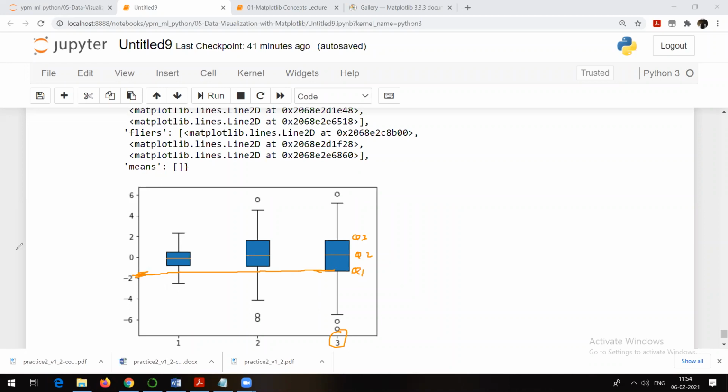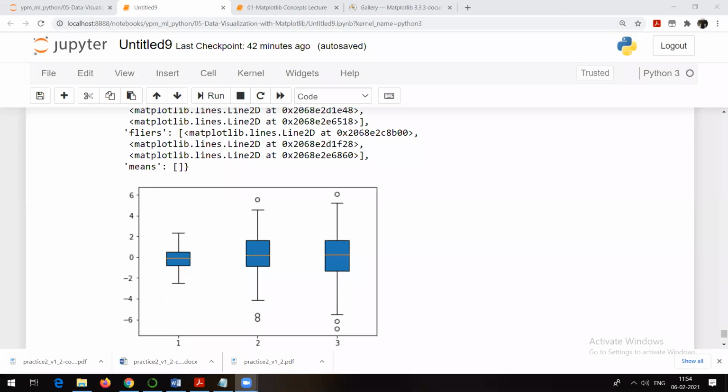We have already discussed what you mean by 25 percentile. That means 25 percent of the values from the complete data are less than or equal to this particular value. Suppose this is minus 1. So 25 percent of the complete data is less than or equal to minus 1. That is the meaning of percentile which we already discussed, right? So that's a box and whisker plot. Remember it. I told you the meaning of all these things. We are going to need it again and again.